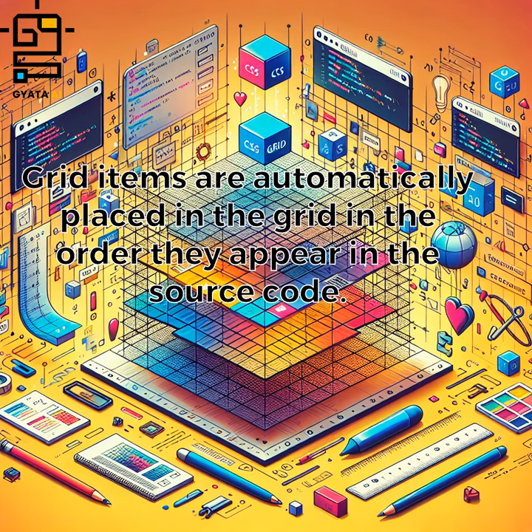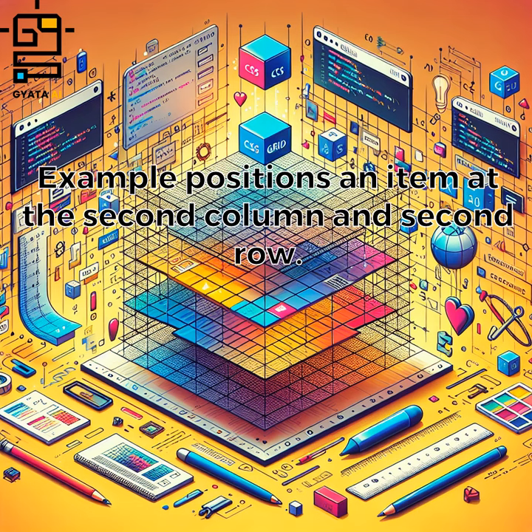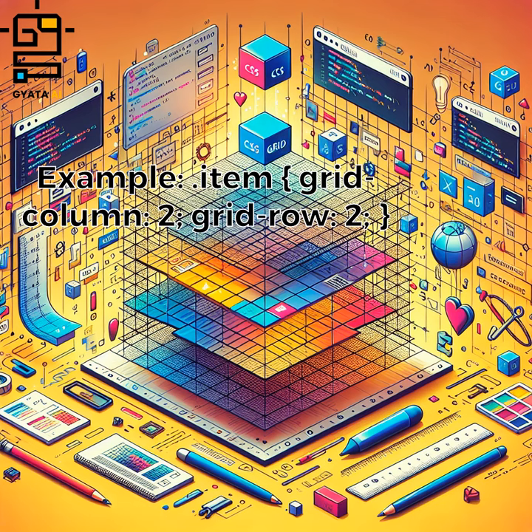Positioning grid items. Grid items are automatically placed in the grid in the order they appear in the source code. Control their position using the grid-column and grid-row properties. The example positions an item at the second column and second row. Example: .item { grid-column: 2; grid-row: 2; }